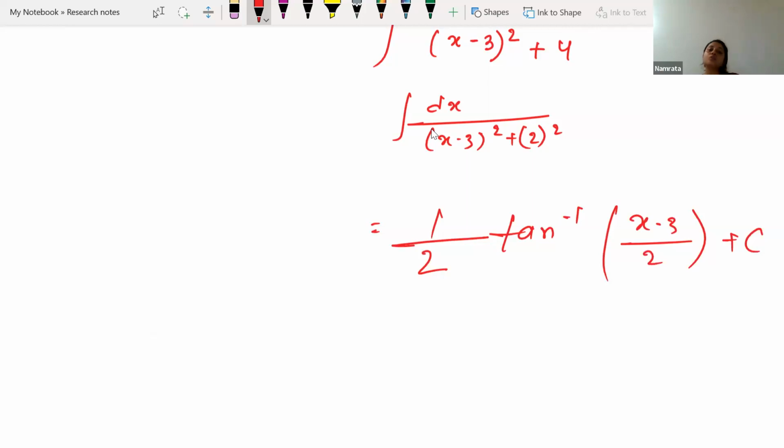Okay. Now, instead of x, we are having x minus 3, but no need to worry about that because the coefficient of x over here is 1. And after that, a constant term is there. So even if you do the integration, the differentiation of x minus 3, and you want to keep it in the